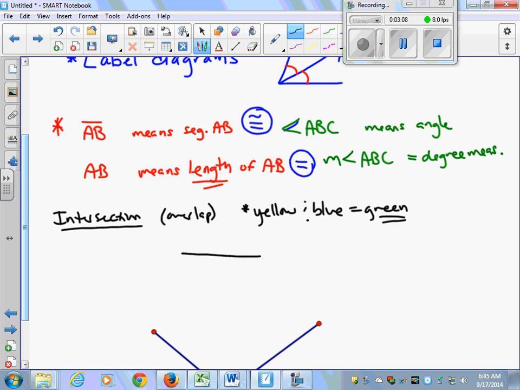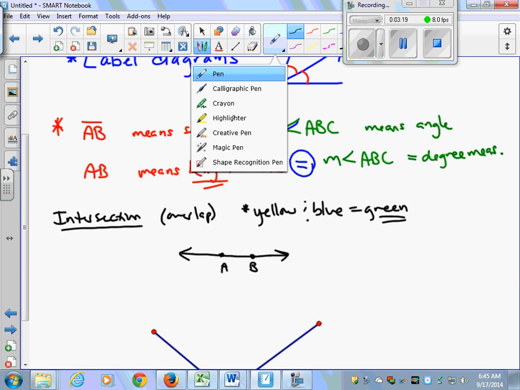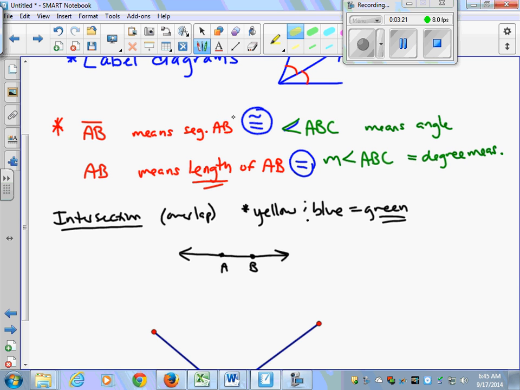So if we have some rays like this, this is point A, this is point B. If I want the intersection of ray AB and ray BA, I'm going to make ray BA first, start at B, go through A, yellow, and then start at A, go through B, blue, and the green part, the intersection, is segment AB, right there. Okay,